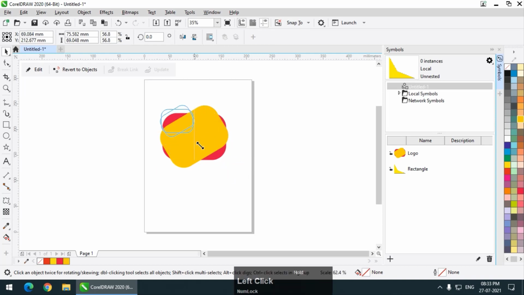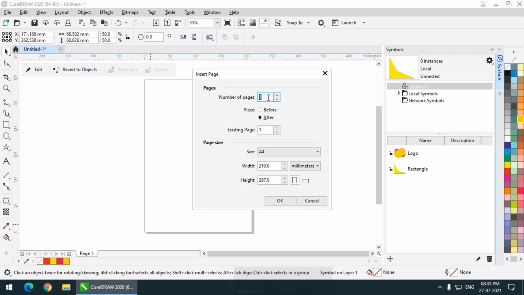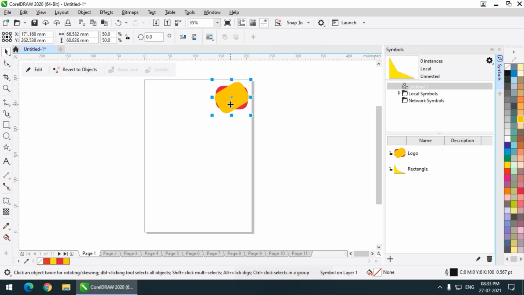What I want to do is add this particular symbol on every page that I am going to create. So I'll simply press the Page Down button on my keyboard. This panel will appear, and let's say I want to add 10 pages. So I basically have 11 pages presently. Now one method is to simply copy this, Control C and Control V, on each of the pages. But let's say I have 200 pages, then it will take a very long time to copy on each page using copy paste. It's a very time consuming method.